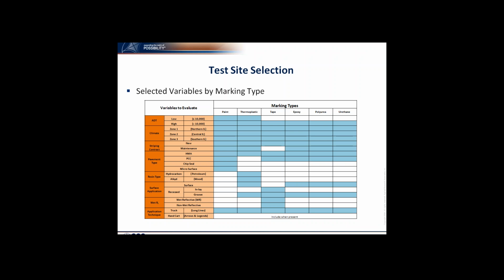It was something we talked about. And then long line placement with trucks versus hand carts for letters and symbols. So all but the resin type, the wet, and the application type were evaluated. Now what you see in the blue shades here are the 6 types of markings that are approved marking types